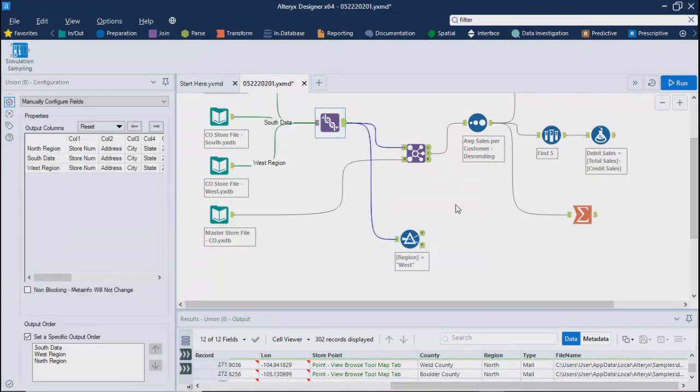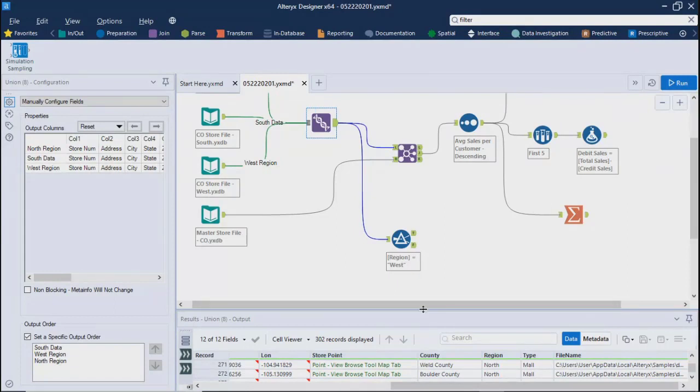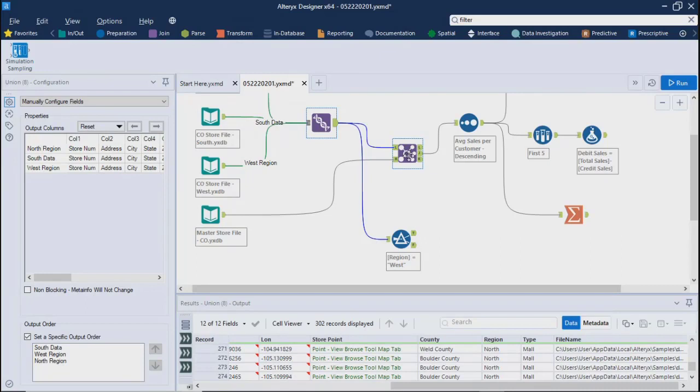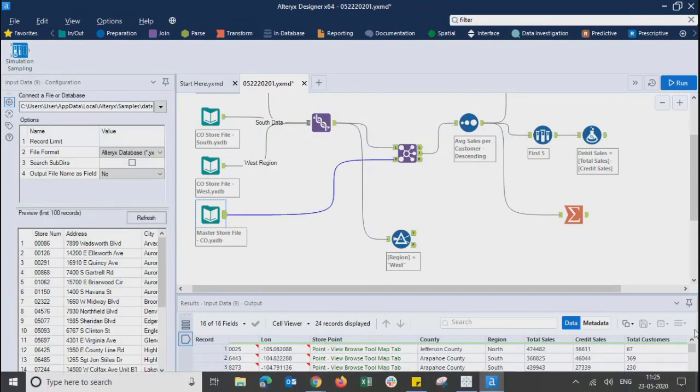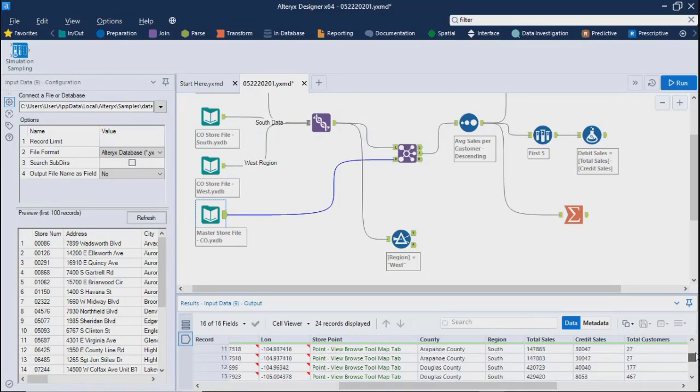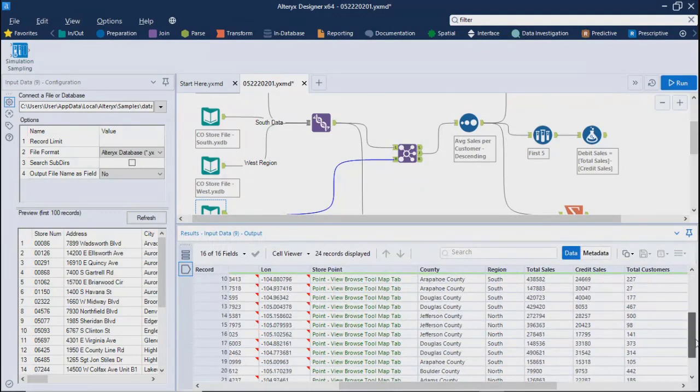To answer your question, if you see here, after union, we have used join. This was the union and this is the join. In union, we are getting all the records, whether it is South, North, or West, all three. Only after joining, I'm not getting my West region data. The reason being, in sales, I don't have the West region. It is only South and North. It was an inner join. So that's why, because it doesn't have West data, you are not getting any West records.